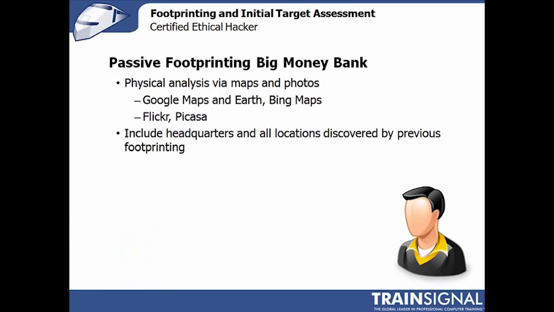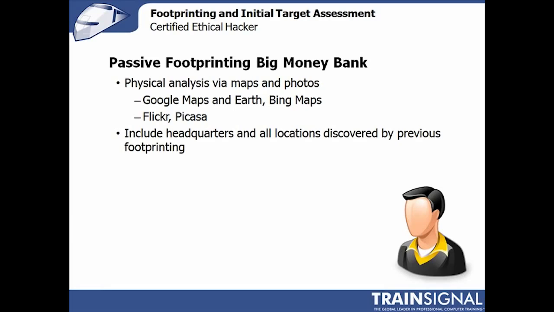Physical analysis is kind of a useful thing. There's a lot of approaches that you can use to this. Personally, my favorite is to look up all the different sites, starting with headquarters, on something like Google Maps or Bing Maps. Start looking at the perimeter. Start looking at what's near the company, what's around the company. A recent attack of a company, when I was footprinting it, actually revealed holes in their perimeter where they actually didn't have physical defenses. Didn't really lead to anything, but it's kind of an interesting note and certainly could have been